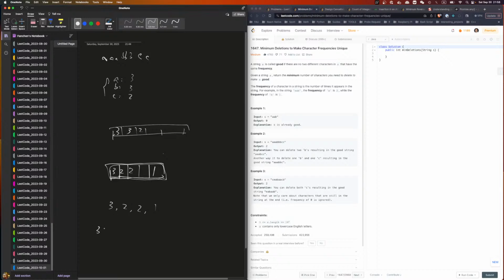So 3 has frequencies of 1, 2 has frequencies of 2, 1 has frequencies of 1. So all the frequencies of 1s, we can say, okay, we can choose not to remove them. And then we have a bunch of frequencies more than 1. And for the frequency more than 1, then we need to know